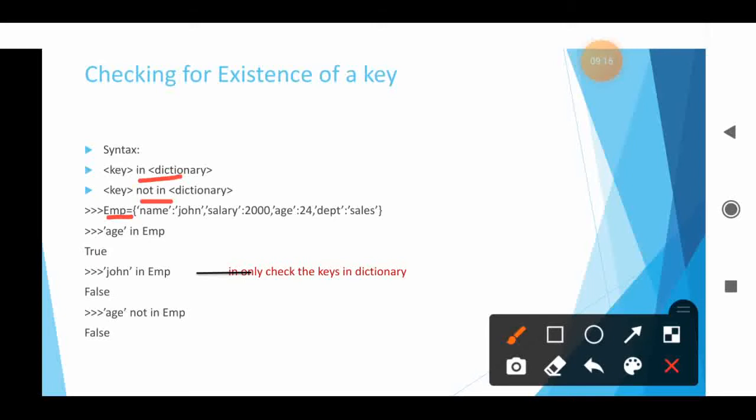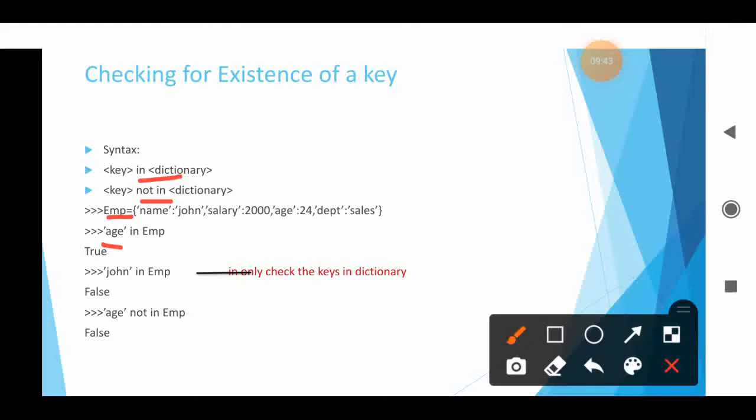Now I am going to check whether the key age is in the EMP dictionary. If the key is present, it will display True. If the key is not present, it will display False. When you enter the key, it should be enclosed within quotes. If it is not enclosed in quotes, it will display an error message.